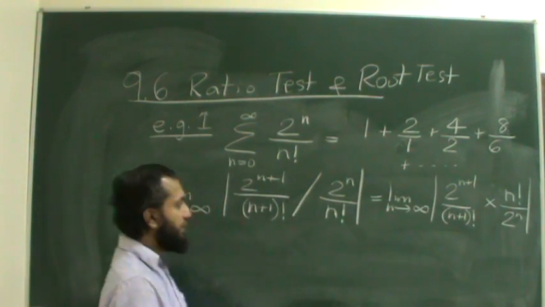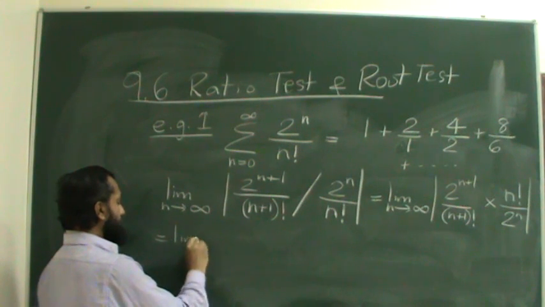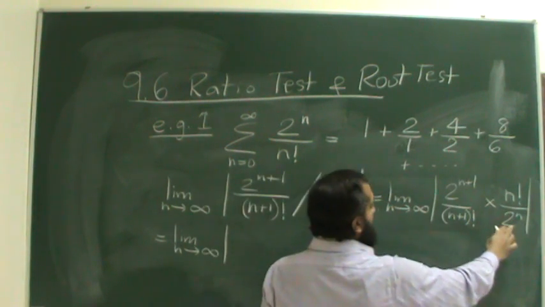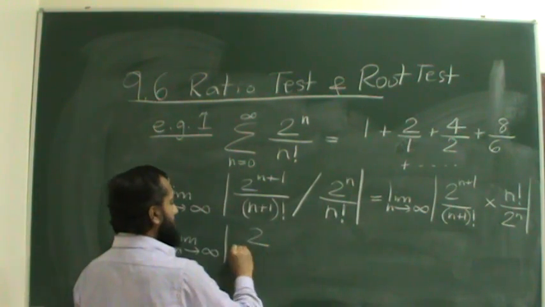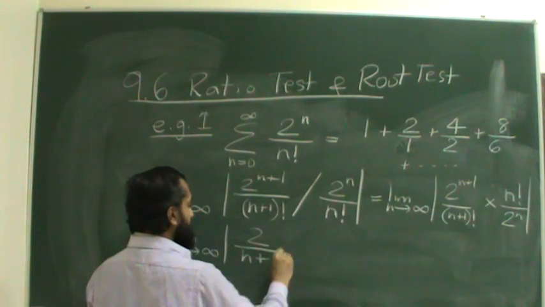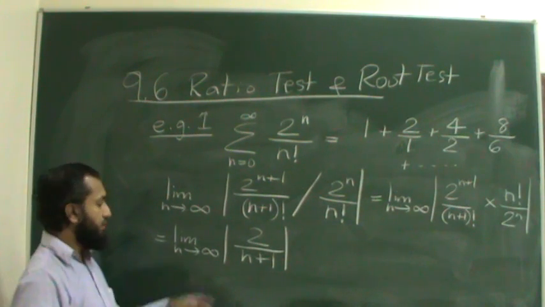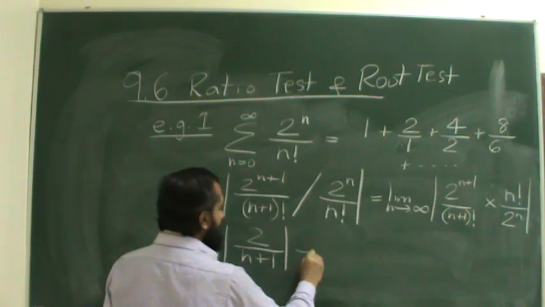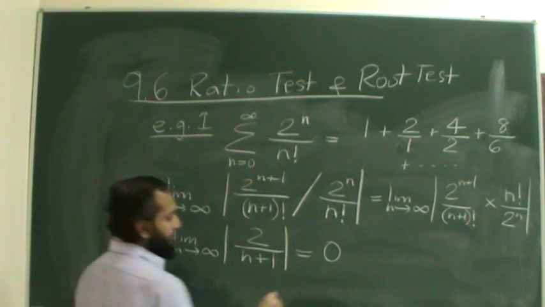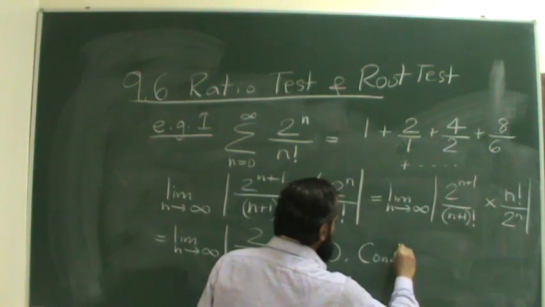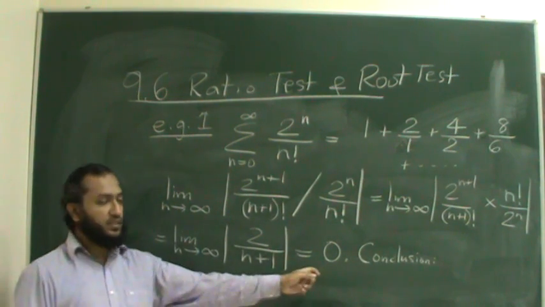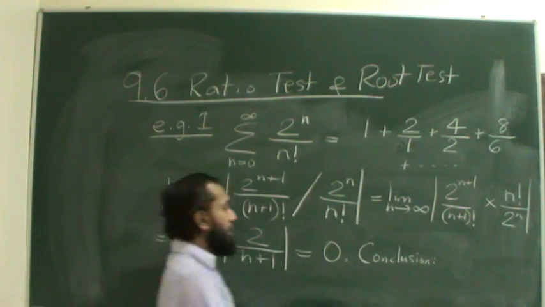And now you can cancel some things. 2 to the n plus 1 cancels with this to give you a 2 at the top. n factorial cancels with this to give you n plus 1 at the bottom. This limit, the top is a constant, bottom goes to infinity. This limit is 0, as you very well know. So what's the conclusion? So by the ratio test, since the limit exists and is less than 1, we say